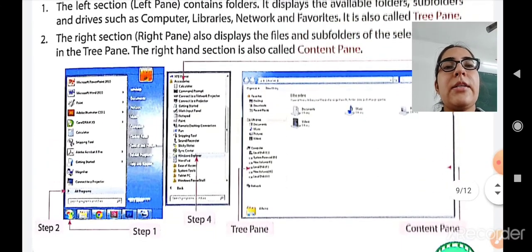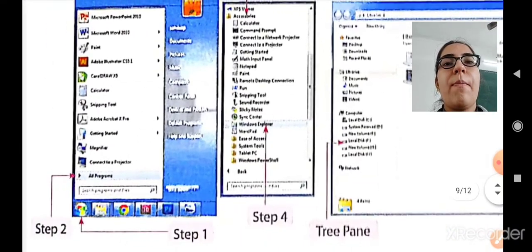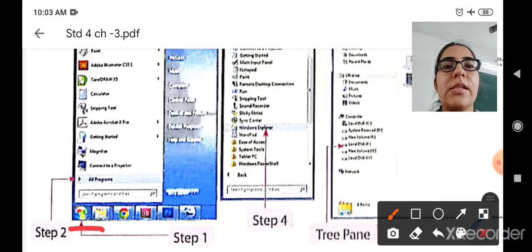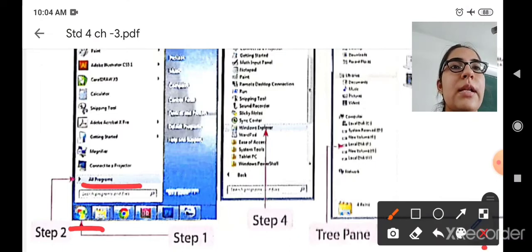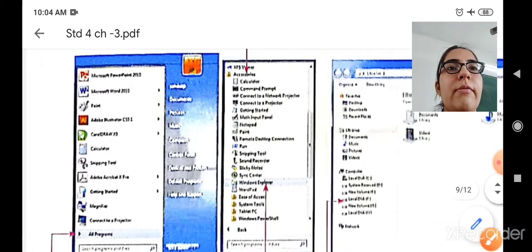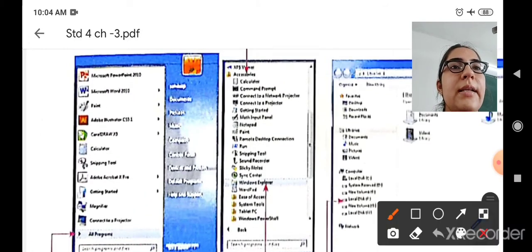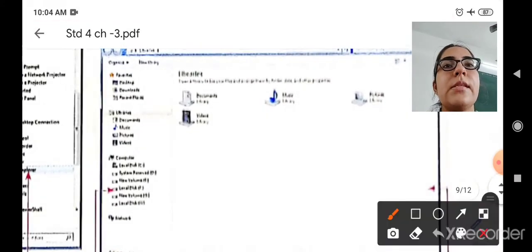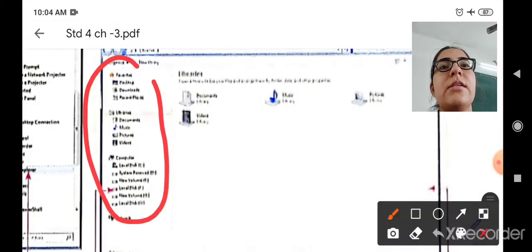Let us see a diagram. Here you can see that to open it, first you have to select the Start button. Then from the Start button go to All Programs. From there select Accessories. After selecting Accessories, you can see the Windows Explorer here. So you have to open Windows Explorer. Here you can see that this is the left section that displays the tree pane structure.